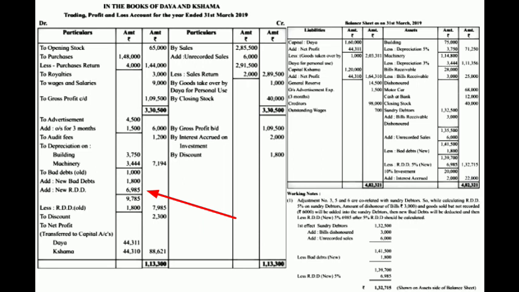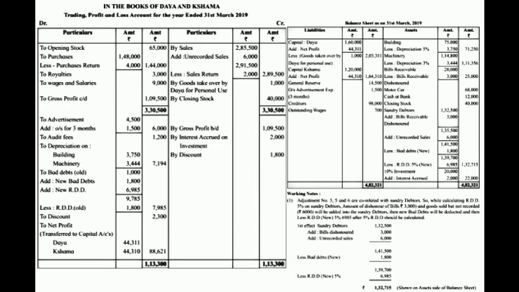Below that, new bad debt, we have to add new RDD. Old bad debt, we had already incurred the expense. New bad debt after the year end, we had additional loss, that is 1,800. Again we are removing some amount for the reserve for the next year. So this 6985 is also considered as an expense. So these three of them we have to add. So the total loss comes to 9785.